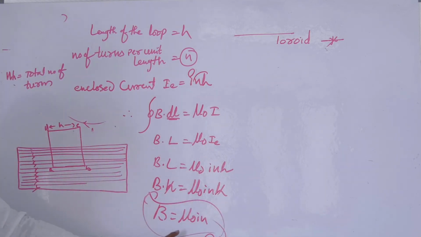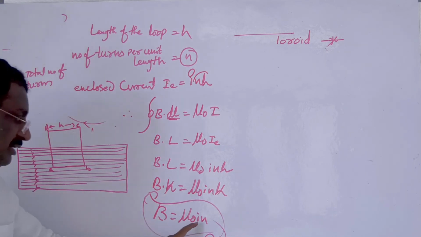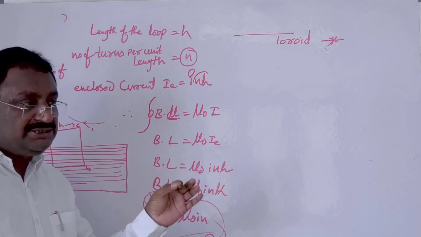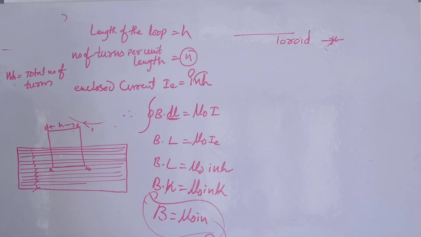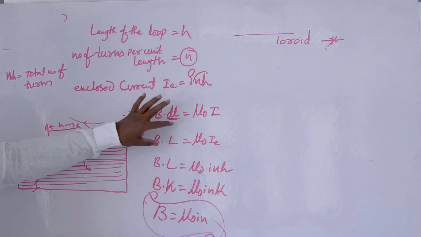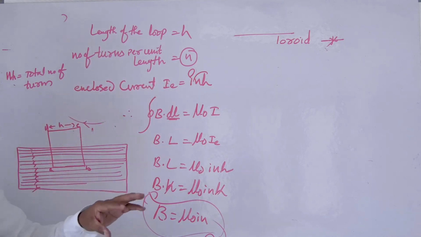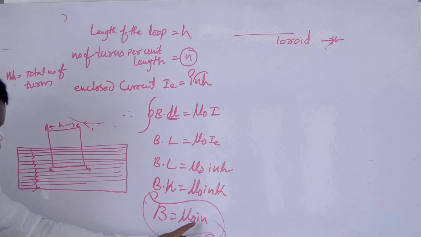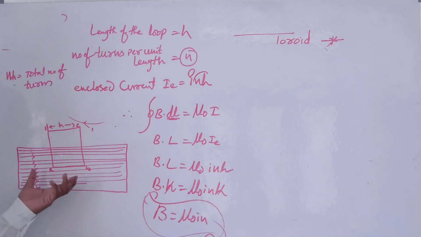Just carefully observe this equation. The magnetic field in a solenoid. Here, what is I? The current in the solenoid. What is n? Number of turns per unit length. So it is simple to find the magnetic field. Like this, Ampere's law is very useful. Where there is symmetry, we can find the magnetic field in an easier way. Just take these two values, and we get the magnetic field produced in a solenoid.